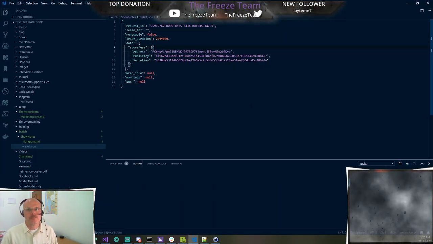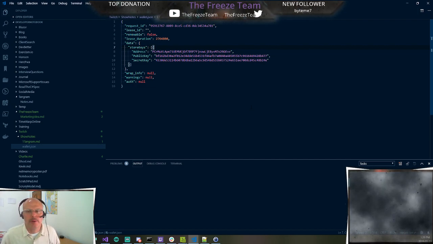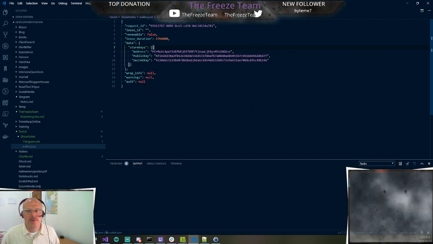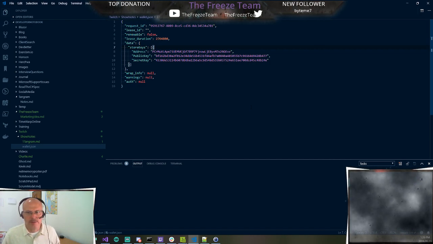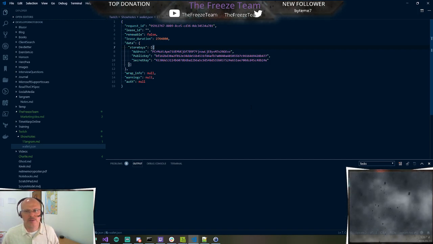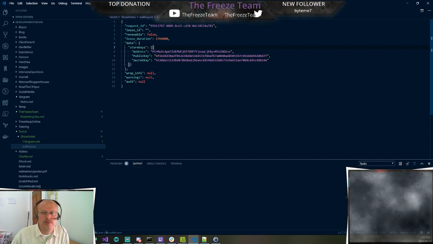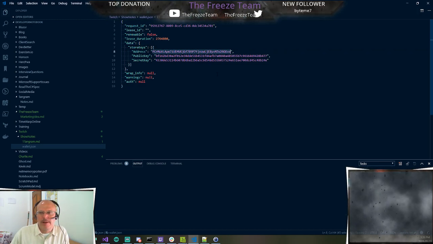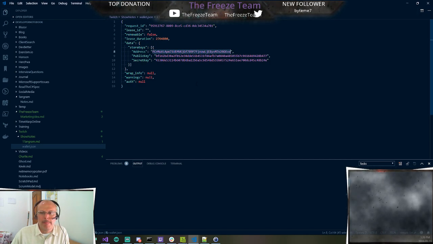So, request ID looks like a GUID that's just generated per request. Good idea. Lease ID, empty, renewable, false, lease duration. Okay, so then the crux of the matter is data has store keys. So you have an address. All right, so this is going to be your wallet address. Given the fact it's a collection, we can have a collection of wallets or a collection of